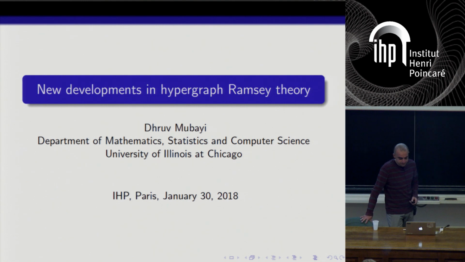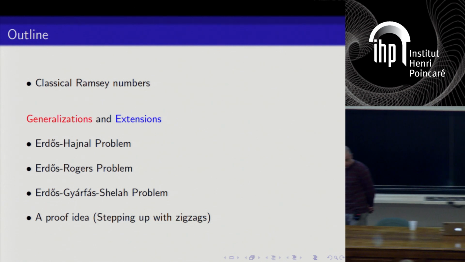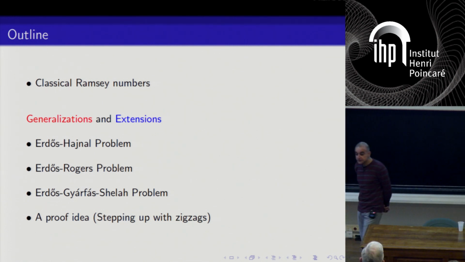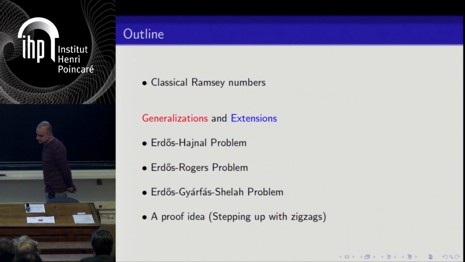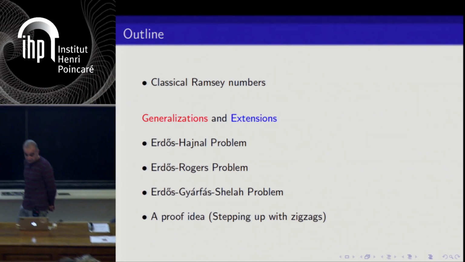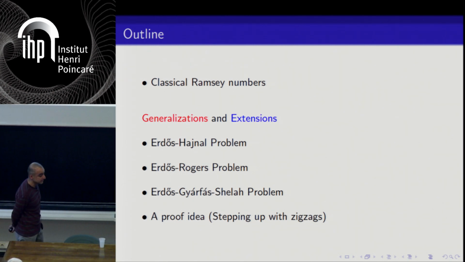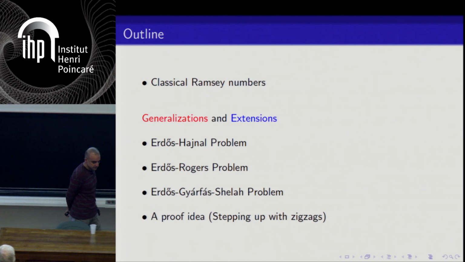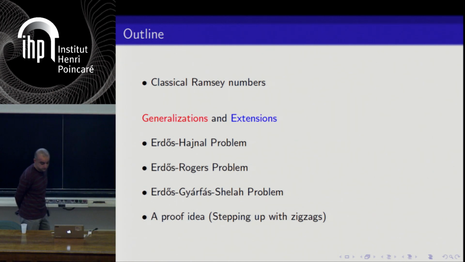I have a plan. So everything is finite: the length of the talk, the number of theorems, and the objects under study. So I'll speak a little bit about classical Ramsey numbers, and the talk is about quantitative bounds for Ramsey problems. And maybe tell you some new things on that.